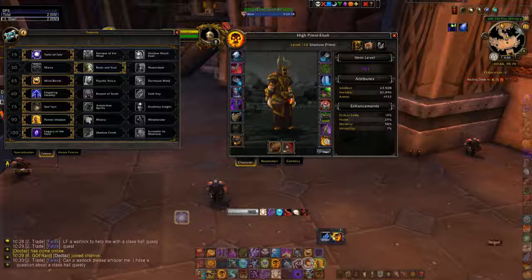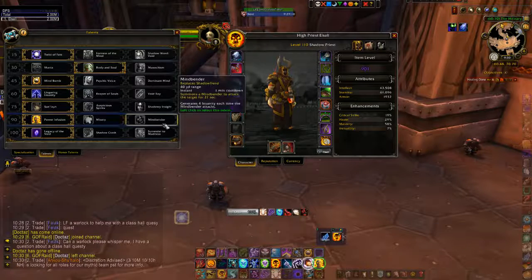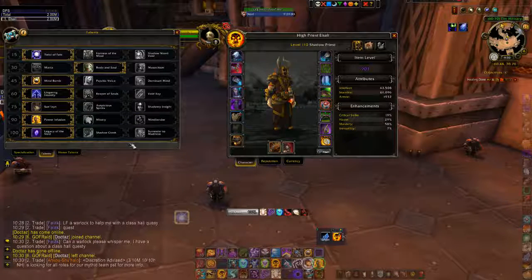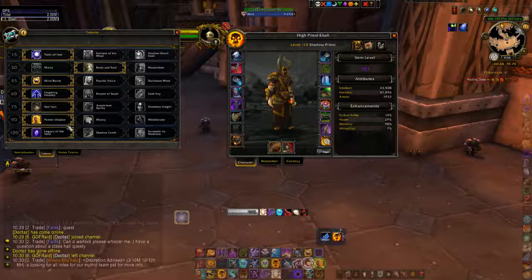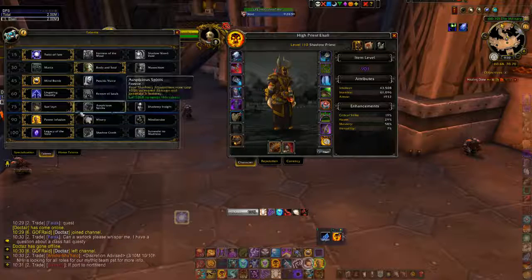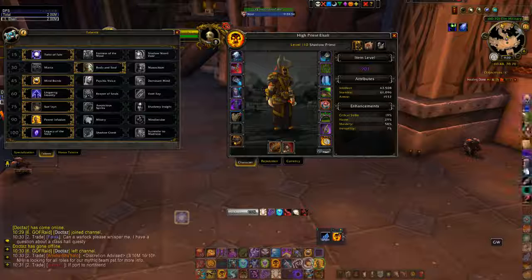You're better off trying to do the Mind Flay and have it go Sear and just dot your ads there with your Shadow Word Pain and try to do your damage that way. I haven't had much luck with it. It's either hit or miss. So I stay in that. I do use the Power Infusion, Lingering Insanity, and a good site to go through and to get some information is